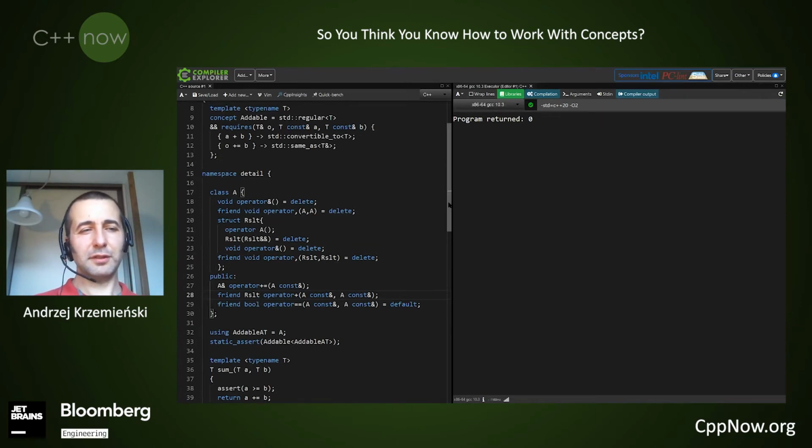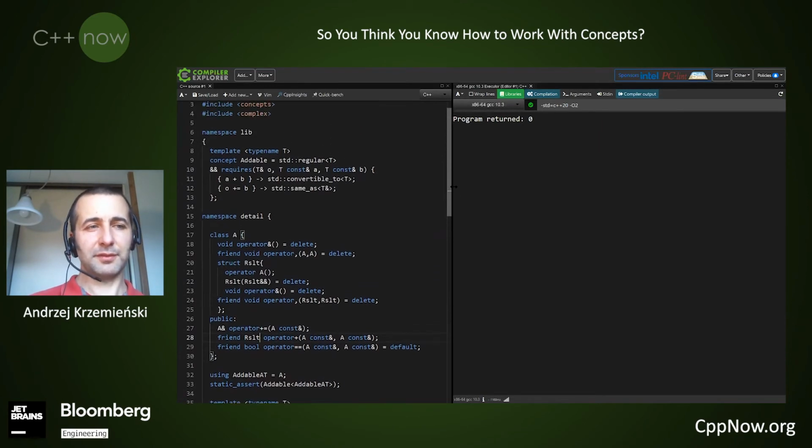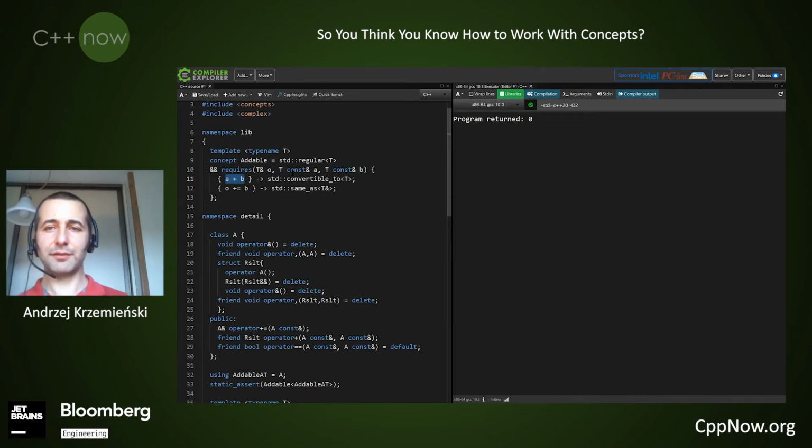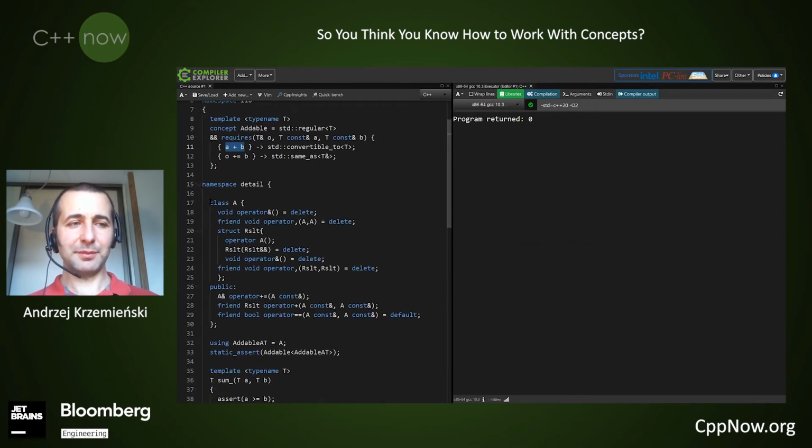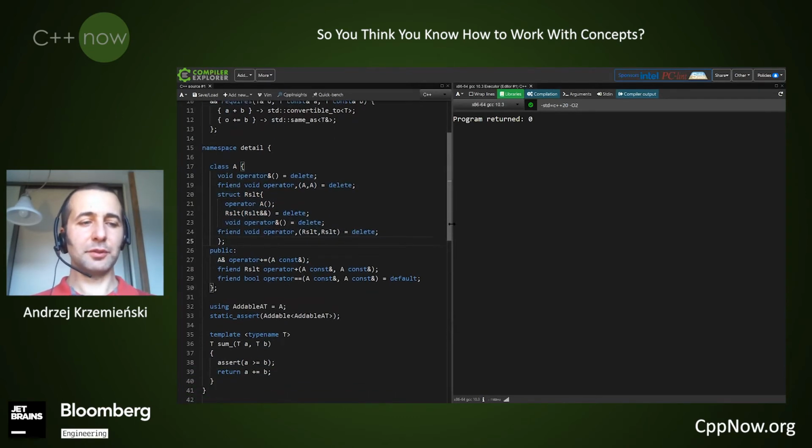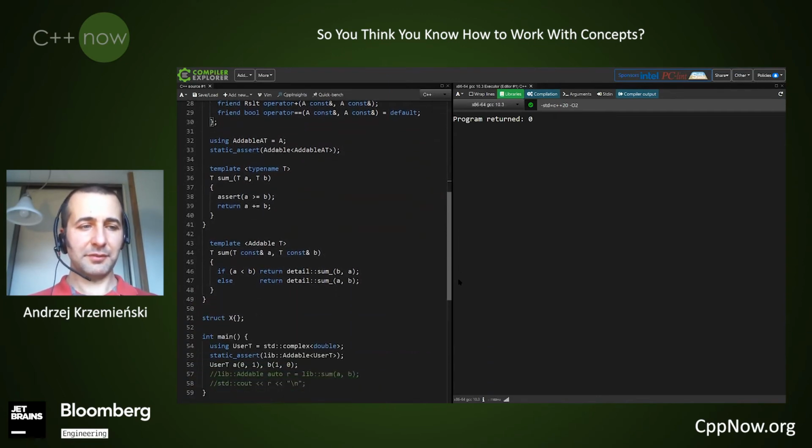Of course, if we look closely, it's still not minimal because, for instance, I don't require that the operands to the operator plus are really T's. It's enough that it is something that I can convert from T. But at some point, I have to stop here. Like I have to draw the line between how much value I get from this exercise versus how much I have to type. And as you can see, now this becomes more complex than my actual concept. So I'm good with this. And now to write a real test.